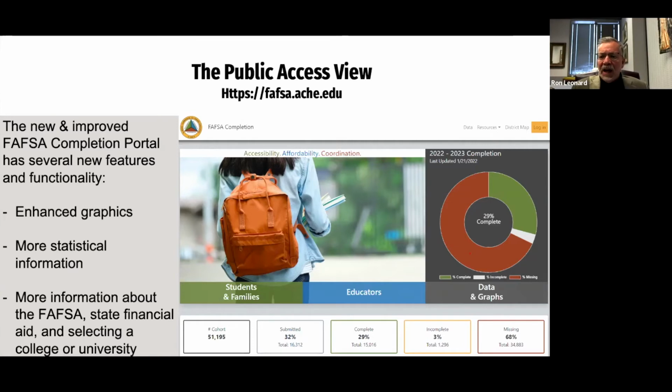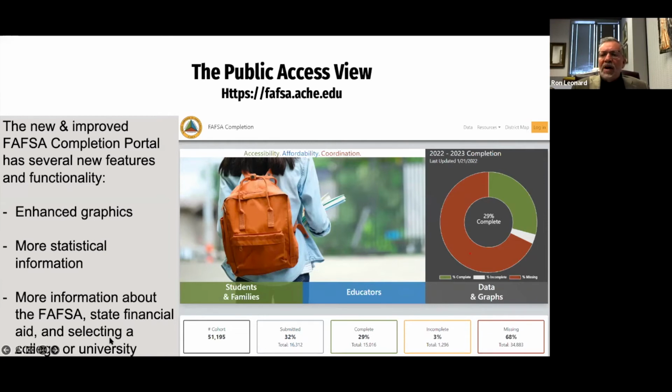We have added a nice little kind of electronic booklet which talks about the different types of state aid. You may not be aware, but there are a lot of different state programs. So that's certainly something that you as educators, career coaches, counselors want to take a look at, as well as the students and the students' parents.